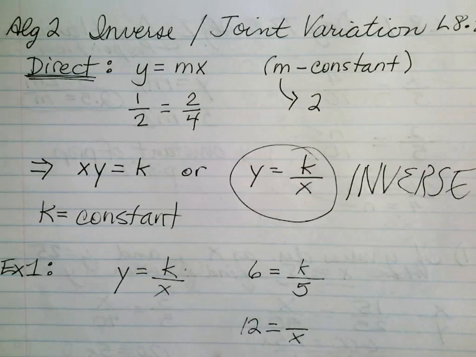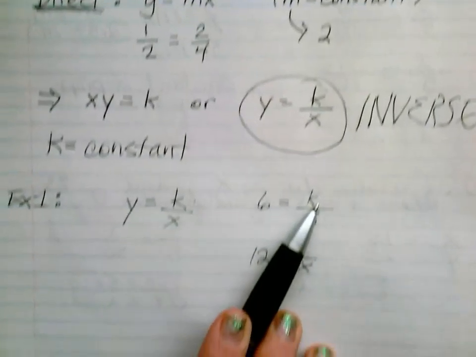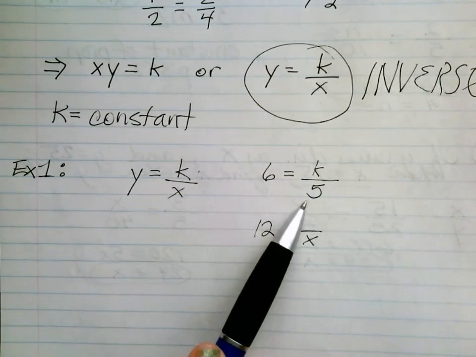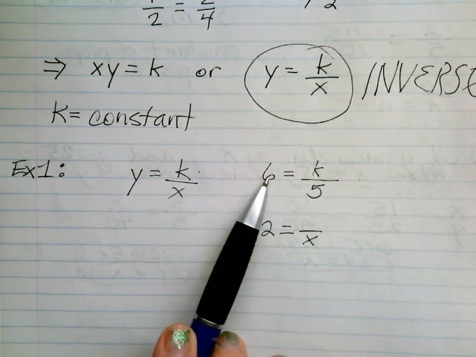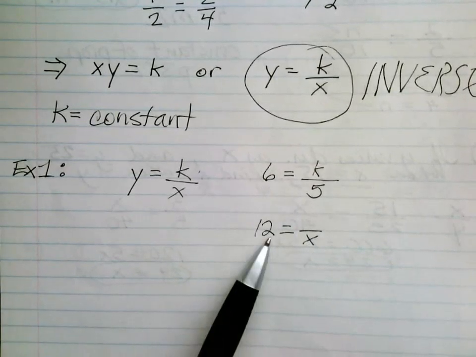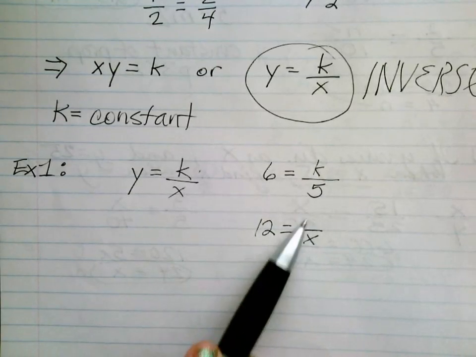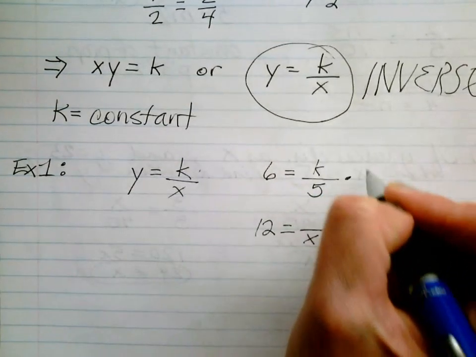In order to do this, I first have to find out a value for k. Once I find k and plug it in here, I can solve for x. Most of you can probably already see that k is 30, but for sake of argument,